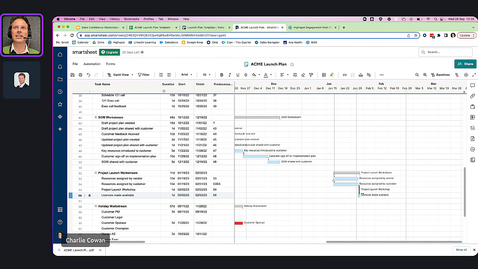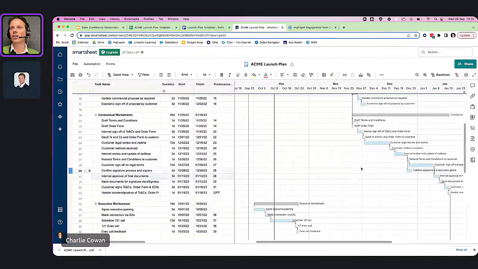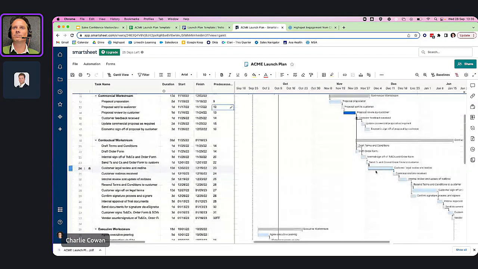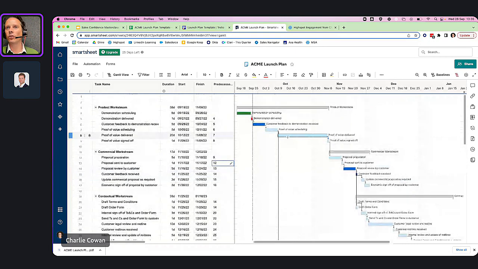So this can be really used, instead of focusing in on when you're going to get a signature, to actually have your customer going, well, we need to be starting on the 1st of January. So then you say, right, well, let's come back and look at what's going on here. Do we need to spend 4 weeks doing the proof of value? Can we get through that in a week and a half?